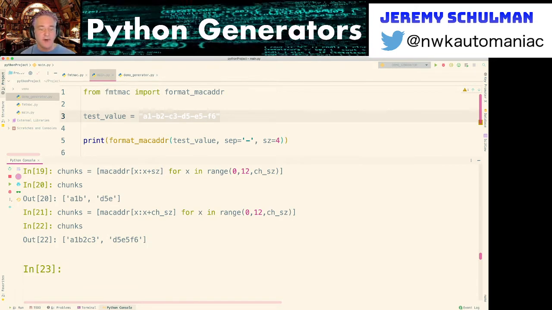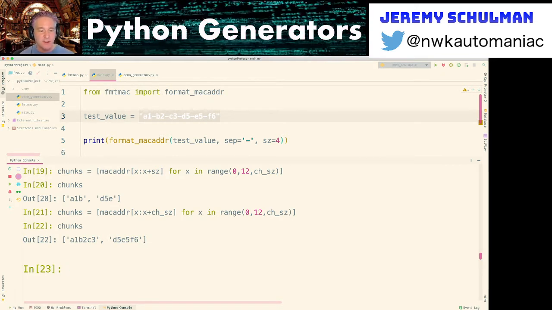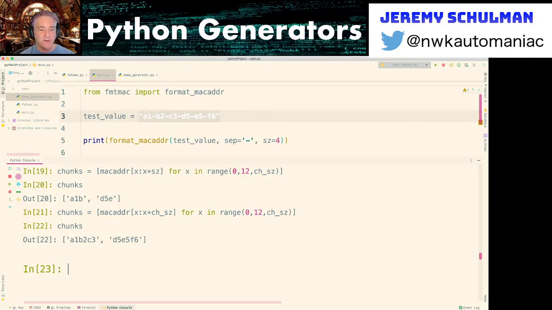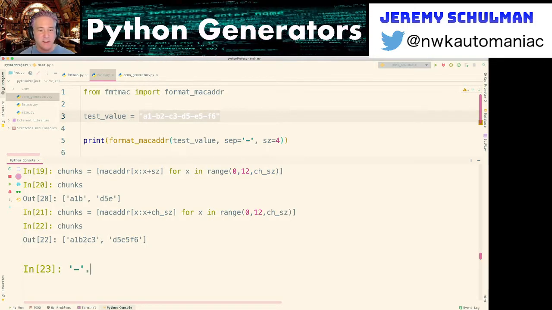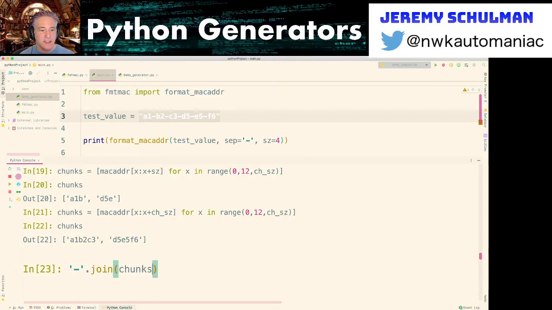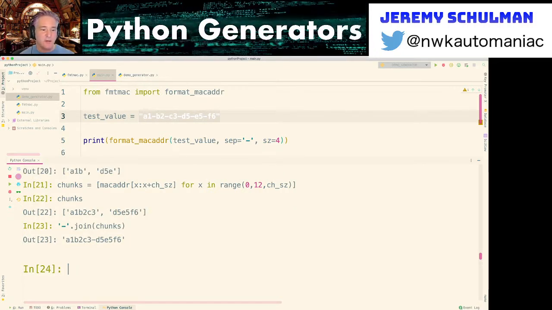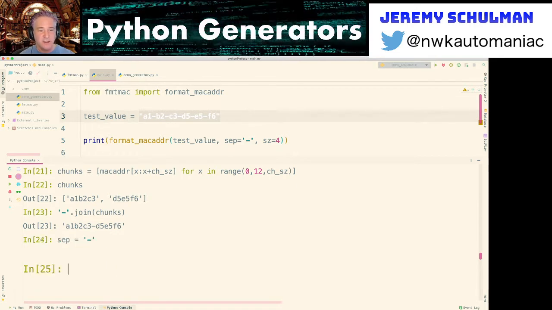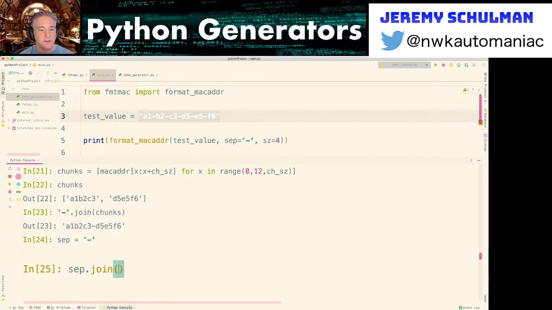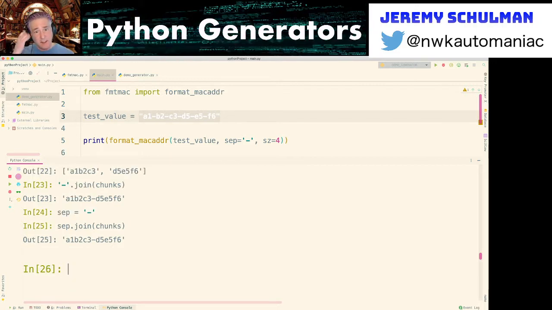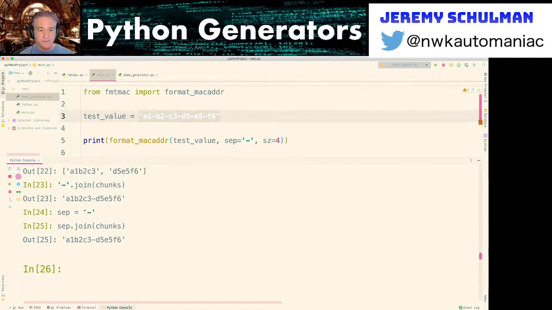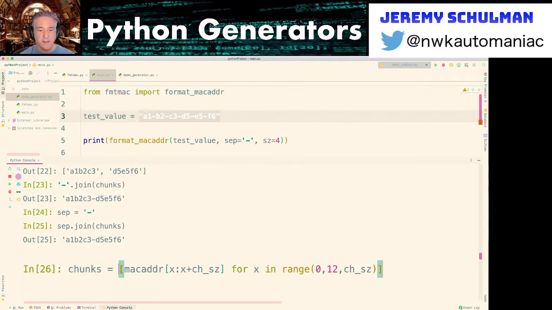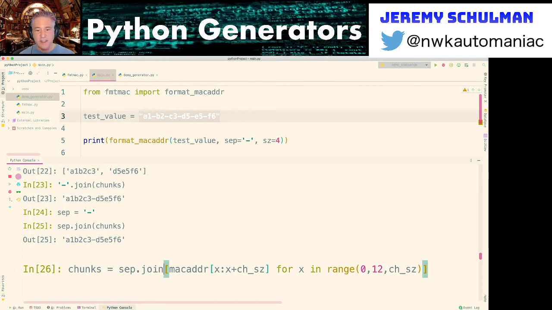And now if I wanted to join those chunks with a separator, for example, if I wanted to do a dash, I could say join these chunks, and you can see that it's joined those chunks with a separator. So if I had a separator is equal to dash, then I would say sep join chunks, right? So now if we put this all together, I could say sep join,